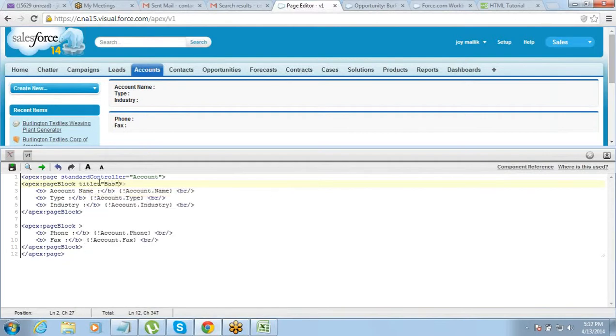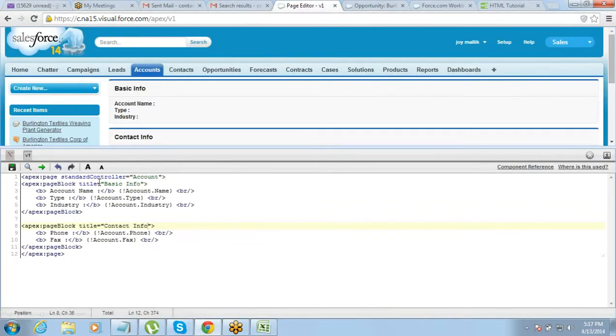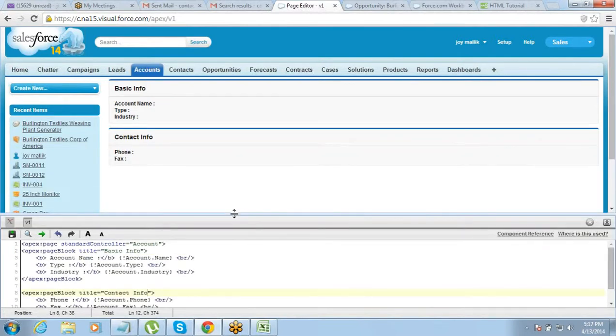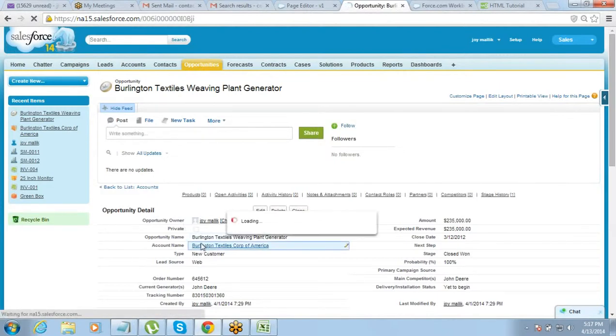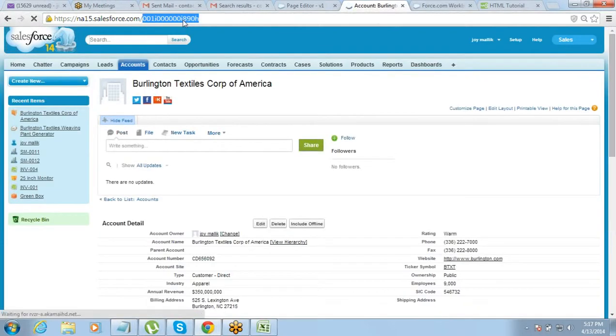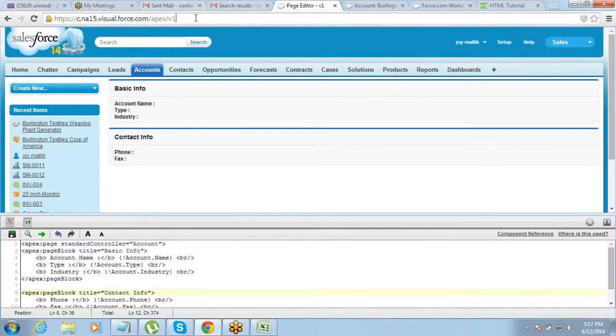Let's say basic info, and for this page block I want to put a title, contact info. See, title is an attribute of the page block tag. Let's take the ID and put it here.